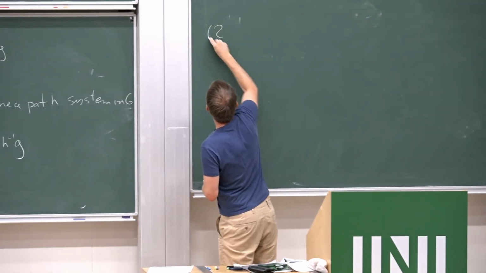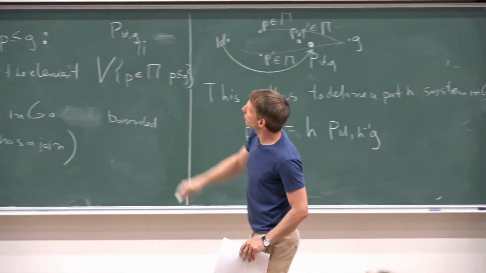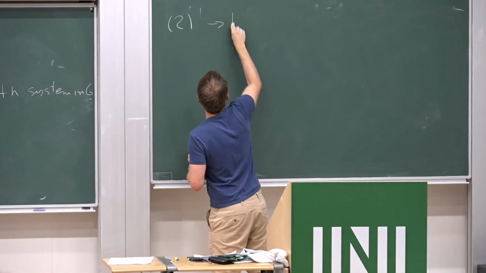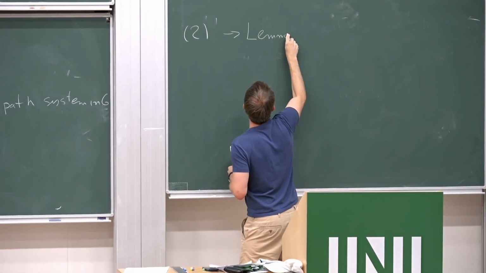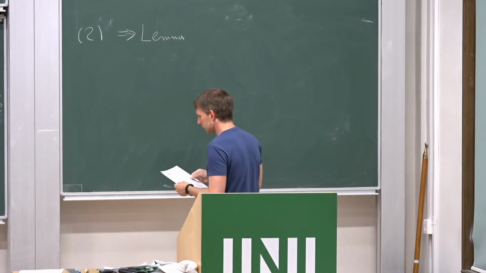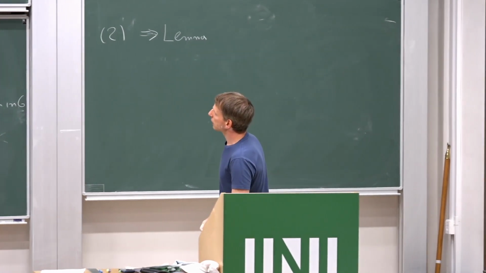So the role of axiom 2 is to prove the lemma in the top left corner. So the axiom 2 will imply the lemma. So let me convince you of that. Namely, I am supposed to check that